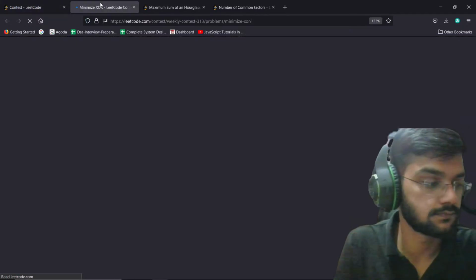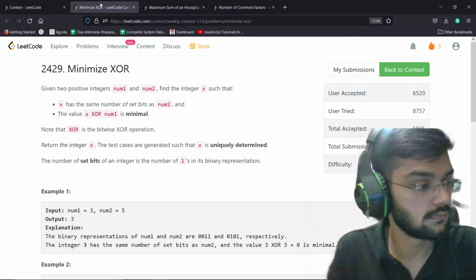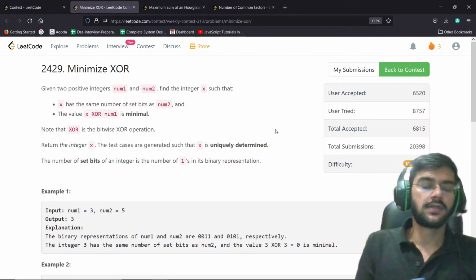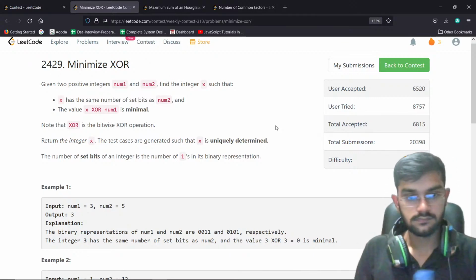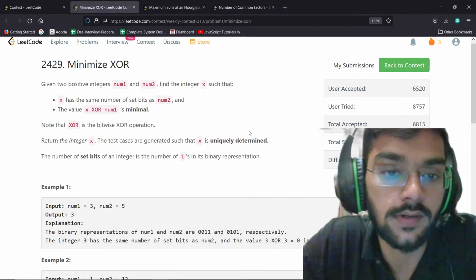Minimize XOR. Given two positive integers num1 and num2, find the integer x such that x has